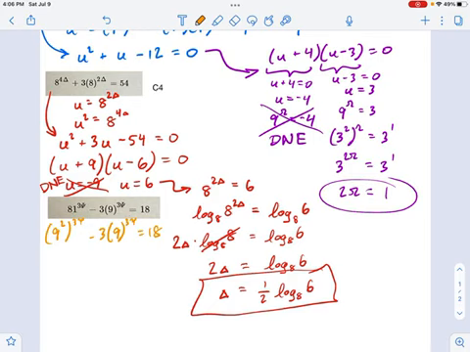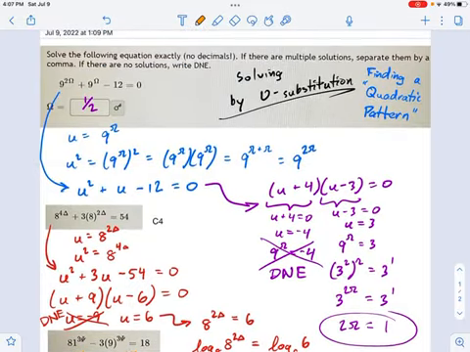Now, look at what we have. 9 squared to the 3 psi is equal to 9 to the 6 psi. And I still have this minus 3 times 9 to the 3 psi right here equals 18. And now what I have in orange is exactly equivalent to the one that I just did in red right above it. You can continue on in the exact same method. Watch out for DNEs. Those are a constant thing when you're dealing with logarithms. But otherwise, this is just a factoring problem. And the thing that makes it so simple, again, is this trick of making it look more like a factoring problem that you know how to solve by using u substitution.